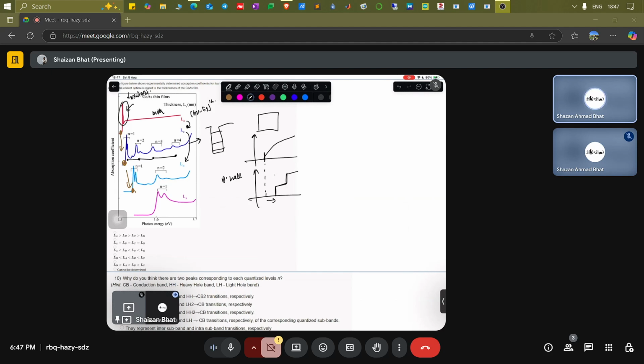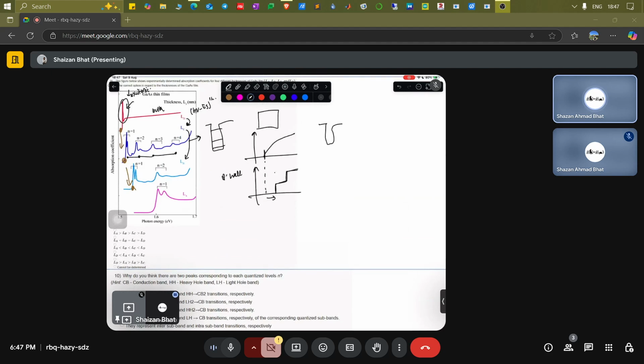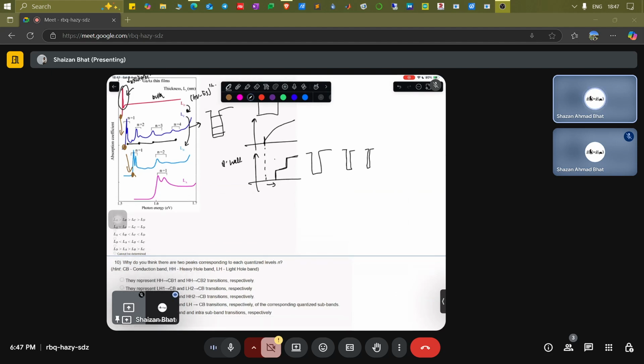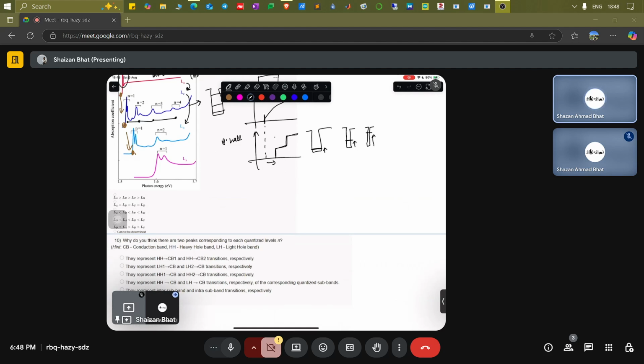Okay, so this is for different subbands. Now, if you again reduce the dimensions of the well, for example, if you have one well like this, and this is another well, and this is another well. I'm not exactly showing it correctly, let me just draw it. So for this the energy level will be here, for this the energy level will be here, and for this the energy level will be here. So this goes on increasing with respect to the bottom edge. That is why there's a shift in this particular point here.